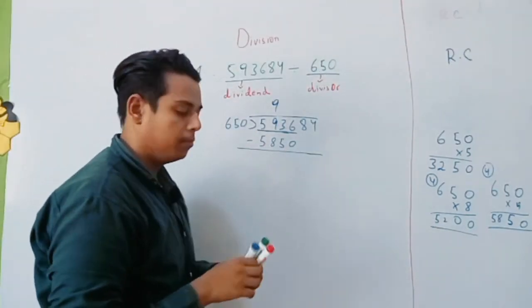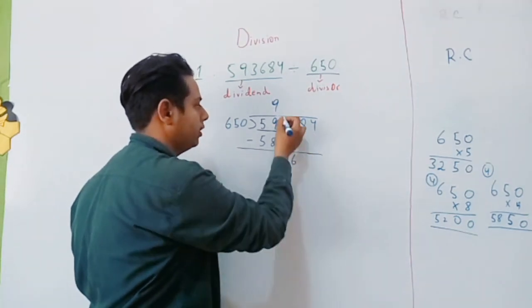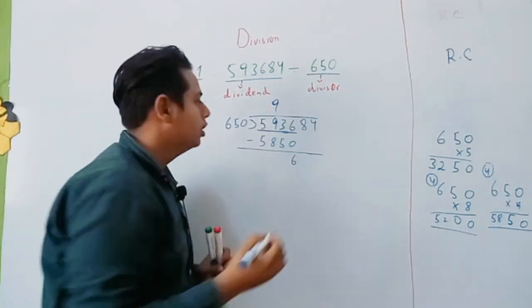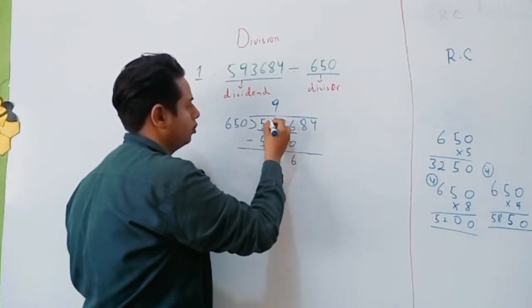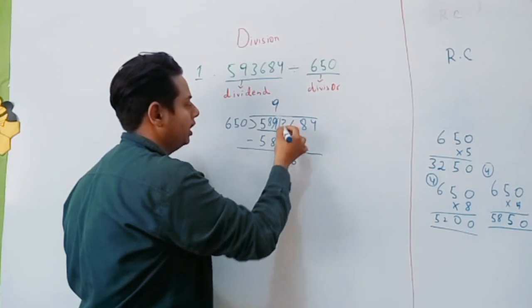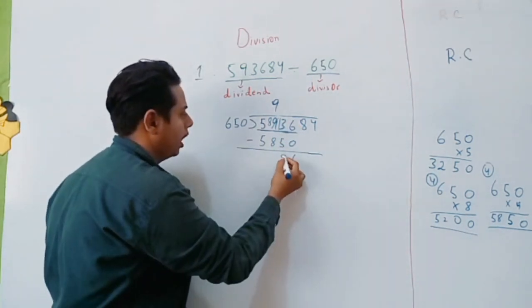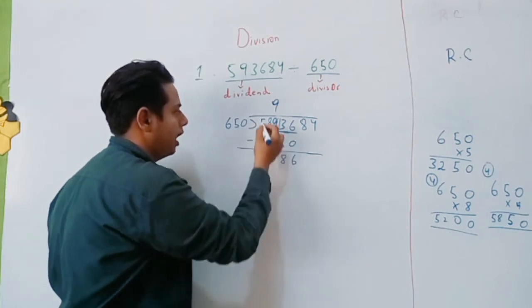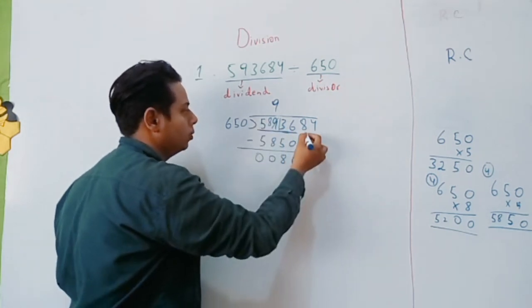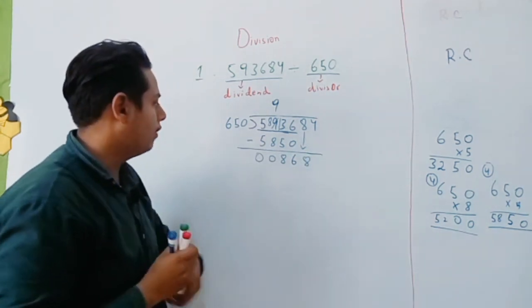Now I will just simply minus it. 6 minus 0, 6 will be remaining. 3 minus 5, I cannot minus it, so I am taking the borrow from there. So 9 will become 8 and it will become 13. 13 minus 5, how many will be remaining? 8 will be remaining. Now 8 minus 8, 0 and 5 minus 5 again 0. Now I need to bring the 8 down over there. So what we have the number over there,